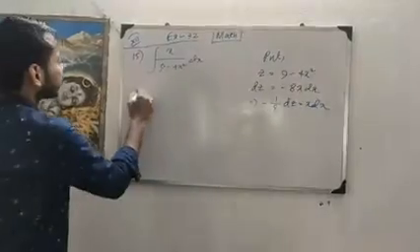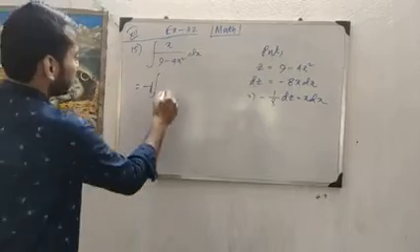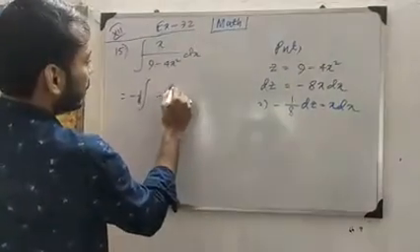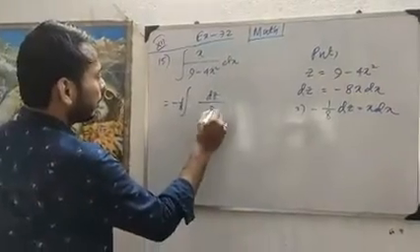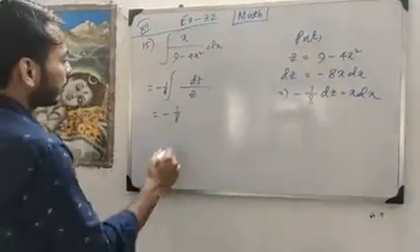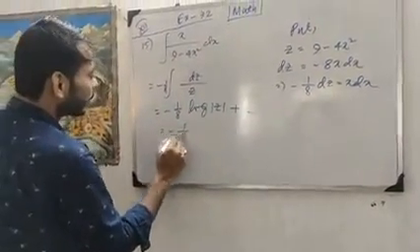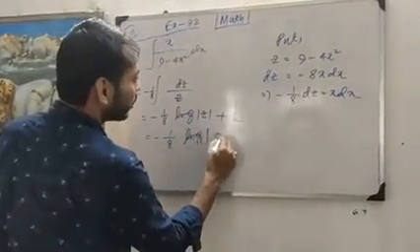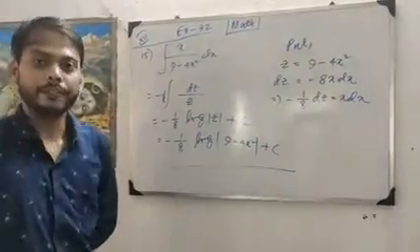Okay, so instead of the numerator portion, we write here minus 1 by 8. This is coming out from the integration sign, and instead of x dx it will be dz. So minus 1 by 8 dz, and instead of the denominator portion it will be only z. So minus 1 by 8. After doing the integration, we got minus 1 by 8 log of mod z plus c. Now just put the value of z and I got the result. So minus 1 by 8 log of mod 9 minus 4x square plus c. So this is our problem number 15.